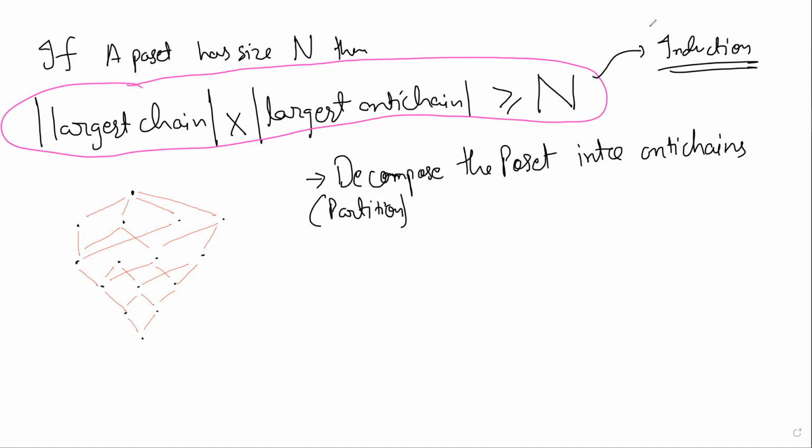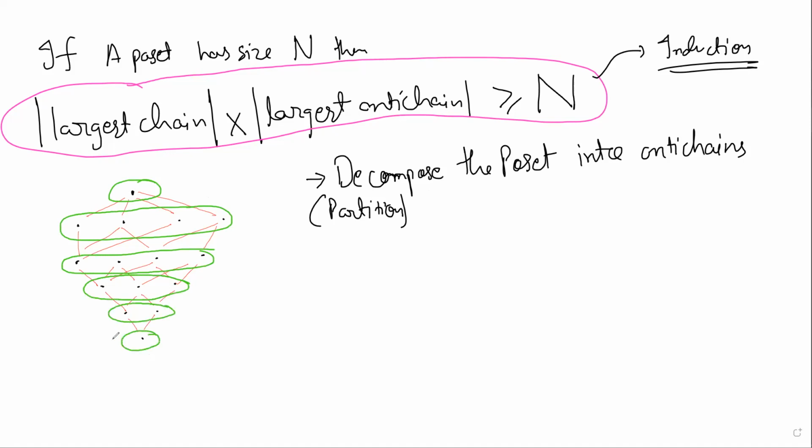The most natural way to do it is, let's say I pick this to be one part, and this is another antichain. This is just the most natural way to partition it. Break it like this. You see, each part is an antichain. Everybody agrees, right? Inside each green band, there are no red arrows like this. There cannot be. That's the way I've drawn it, or at least I declared that.